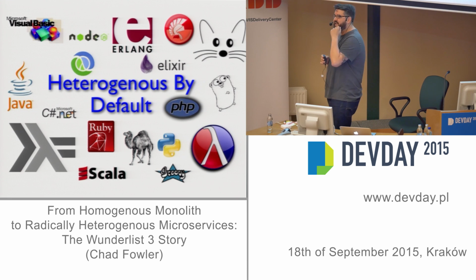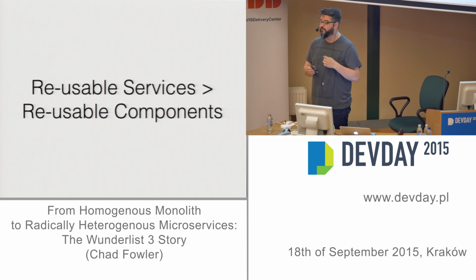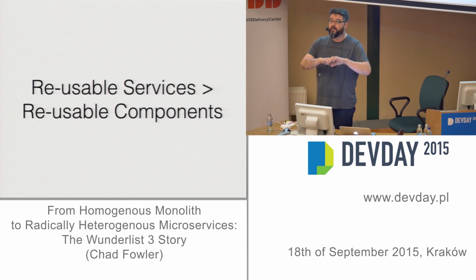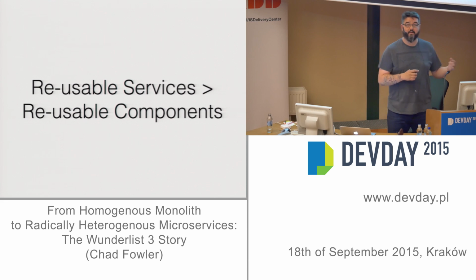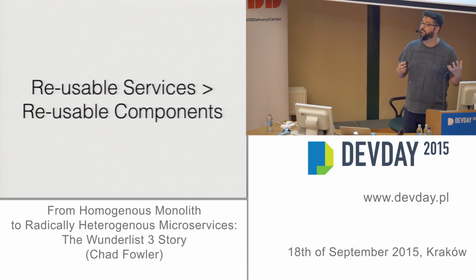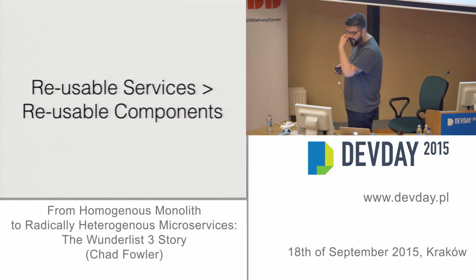We also decided that instead of having reusable software components that we would share between things, we would have reusable code only in services. So for the most part, that's all we have. The only reusable code we have is wrappers over services. And yes, that makes things slow, but on the whole, what we care about is not the speed of each individual interaction. What we care about is the speed of the system as a whole, and because of all of these other properties, we've been able to achieve much, much better speed than we did with our monoliths.